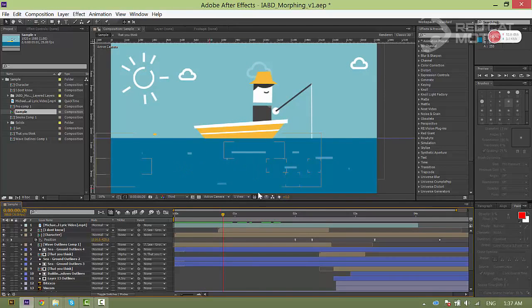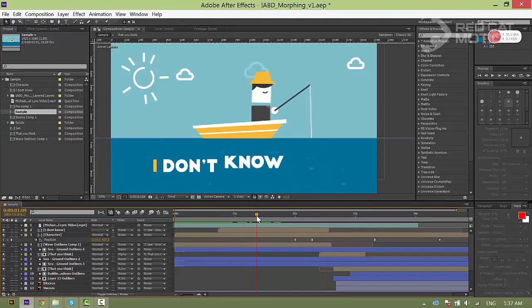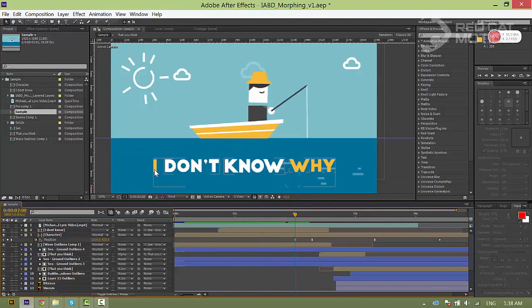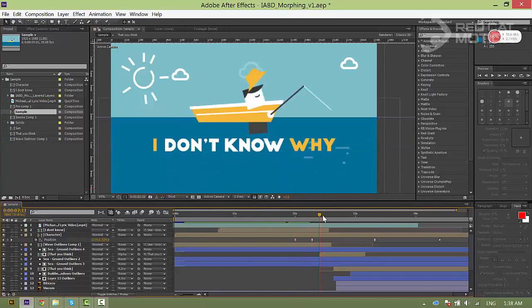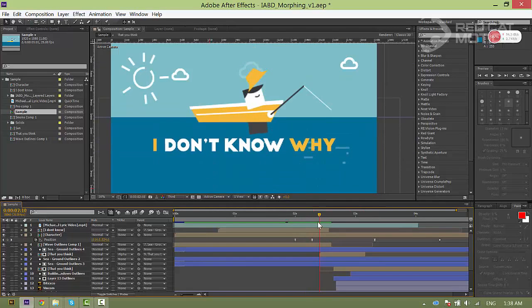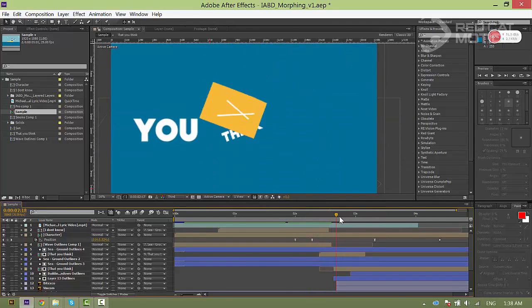We have the waves on the screen like this, and we also have the text "I don't know why" appear. Did you notice that I have also changed the color for the text? When the sea surface rises, our boat also flips over to turn into a car like this.